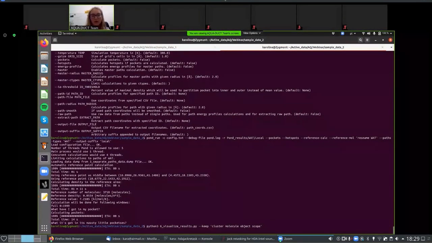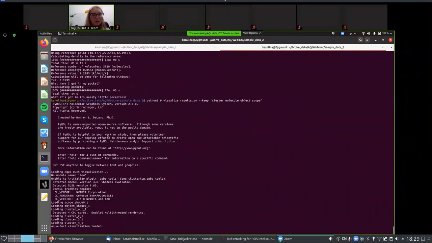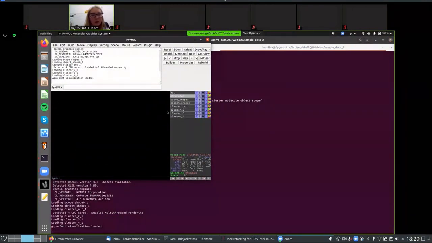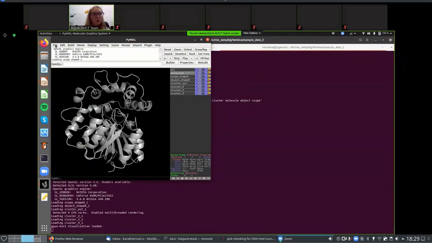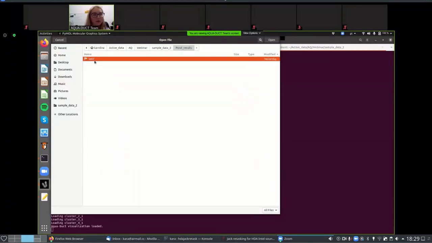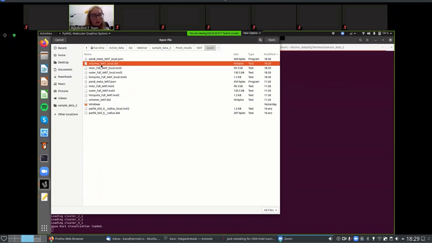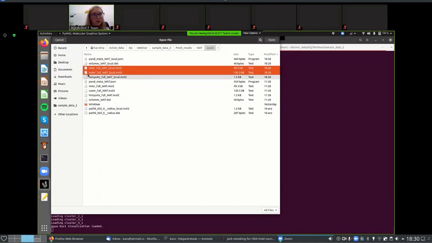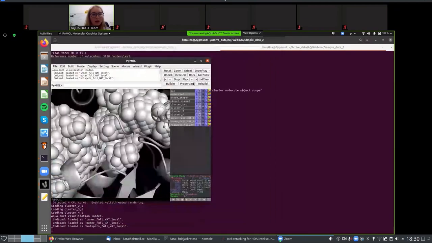So I will once again open the PyMol session with our clusters. And right now, I would like to open our results. So it's in local directory. And I want to open inner, outer, and hotspots in mol2 extension. And yeah, as you can see,